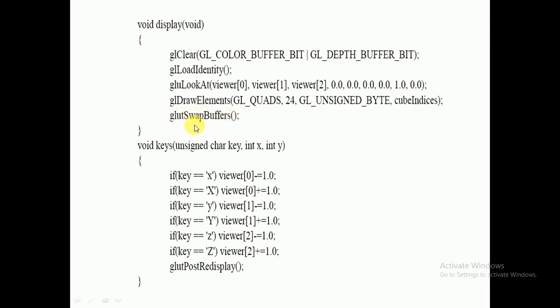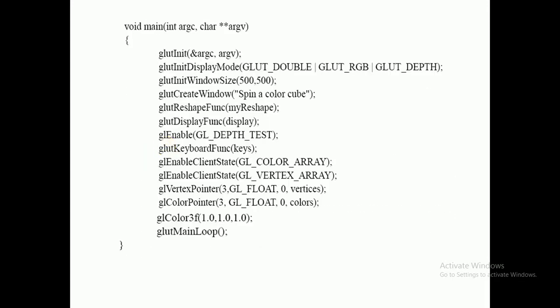Then, as I told you, the keyboard. We have interfaced the keyboard. In the 5th module, I hope we have discussed input and interaction, that is, logical input devices. In that we discussed the keyboard, right? The keyboard function always returns 3 parameters. This is the hardware, so I have to register a callback function whenever I want to use the keyboard. Then the keyboard callback function, glutKeyboardFunc.